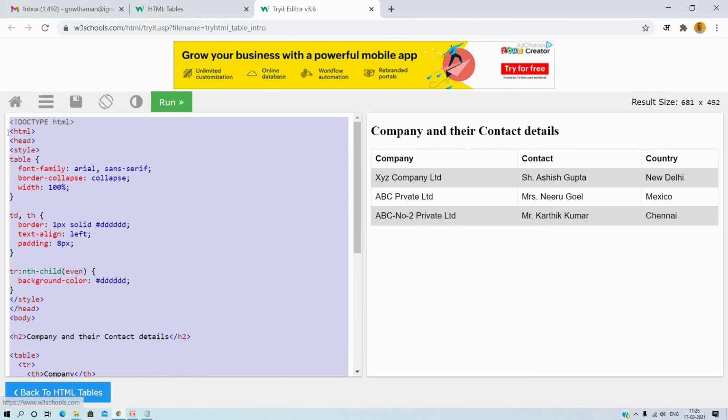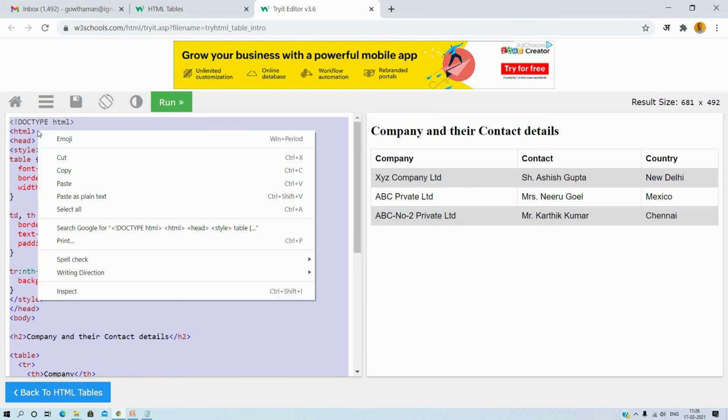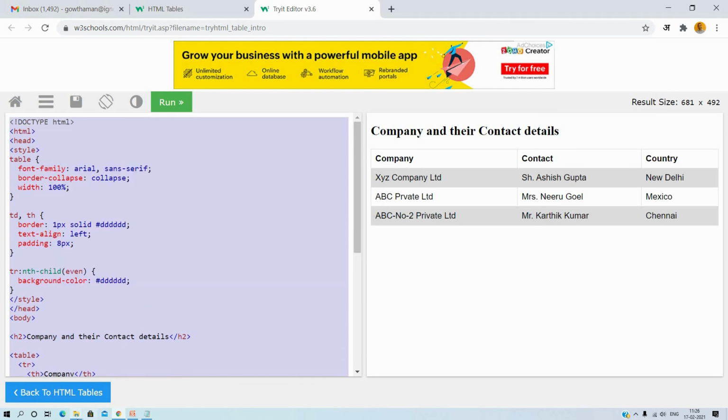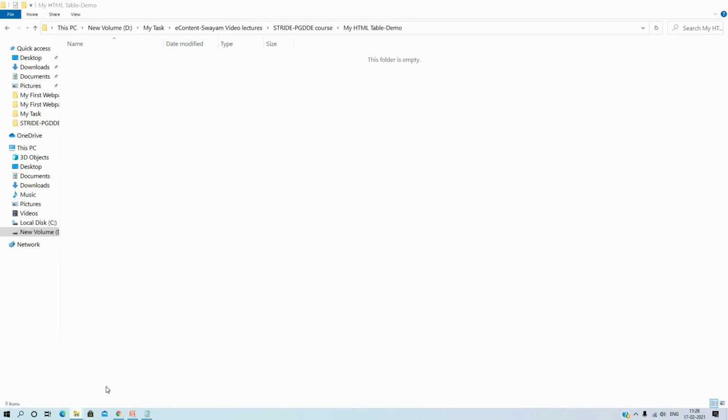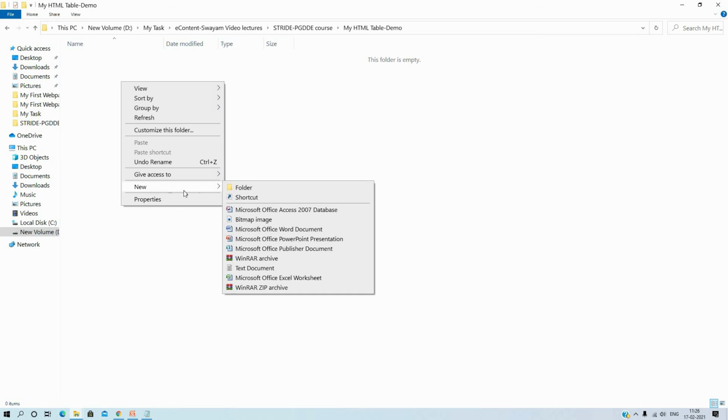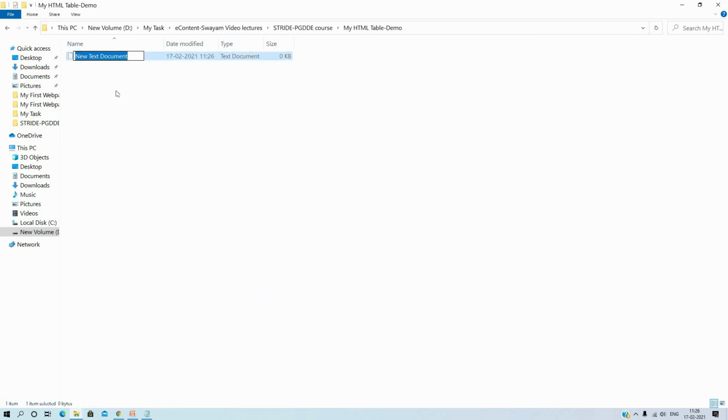So now I am simply copying that text and pasting it into a notepad. I am coming to my desktop and creating a new text file, my HTML table.